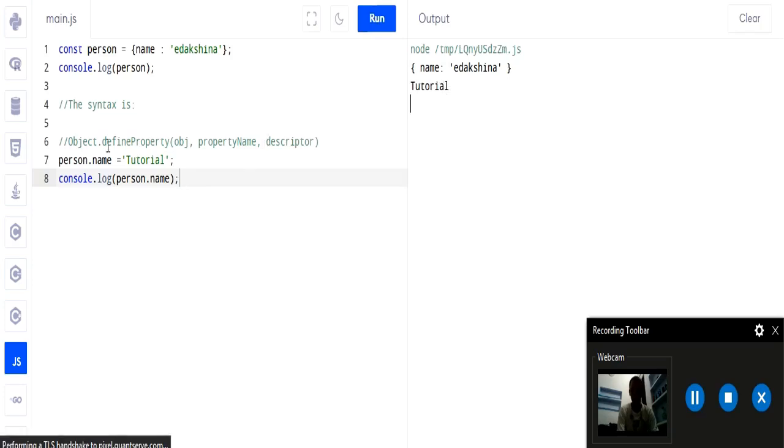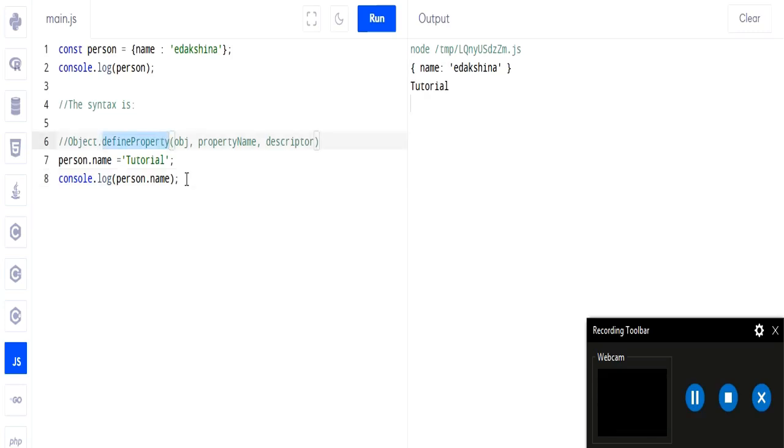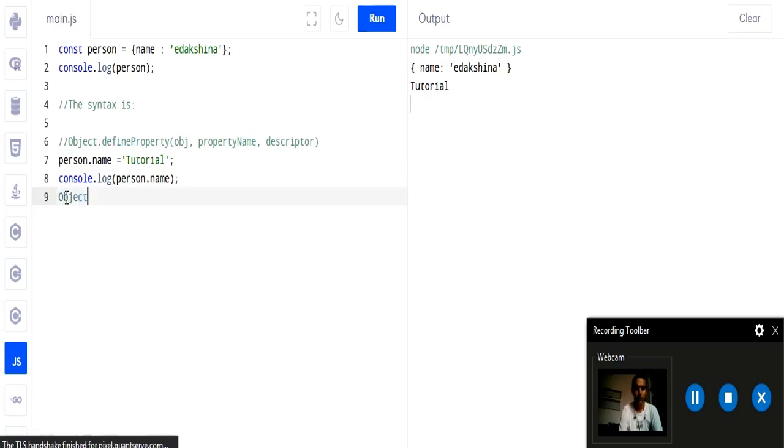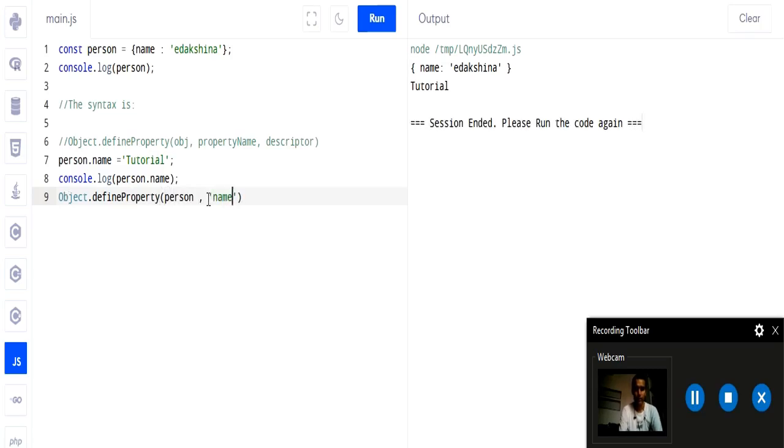Then we use our Object class defineProperty method, and with the help of it we will see how we do that. So what we do is, first we take our Object class, then its method defineProperty. Okay, now we pass our three parameters. So first is object, which is person here, then is your property name, so in single quotes we pass the name here, and then is your descriptor, meaning whatever we want to apply on our object person, we will write that code here. And our descriptor is a property object, and we write the object in curly braces. So always remember how we place our code inside the brackets.